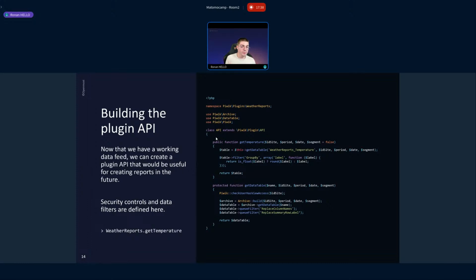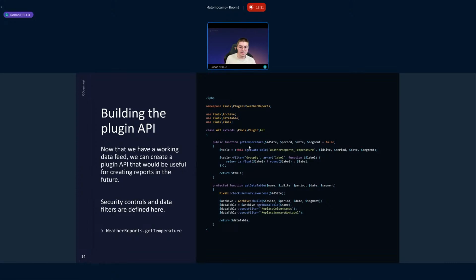To make it easier to maintain, I've just created a brand new function here, which is getDataTable with parameters. It checks if you have the right access to view that data, and then it will process the archiving system. It will pick the archive in the database and provide the data, which is the default way Matomo works. Here, for every dimension, I have to copy that function and change temperature to every other dimension we need. And every time we trigger the getDataTable function, which is just here. So one time this, several times this, and you just have to adapt.